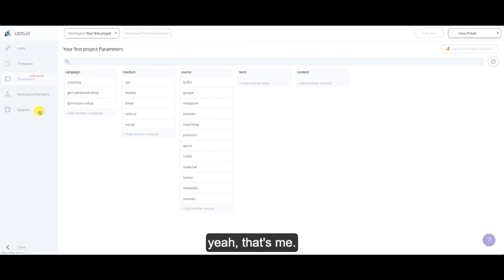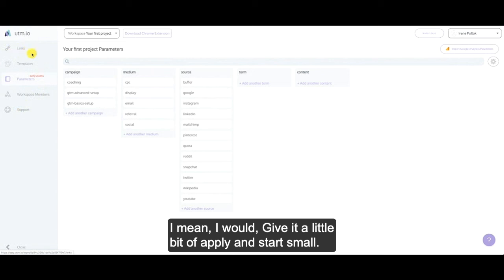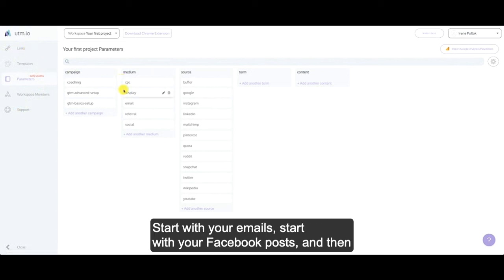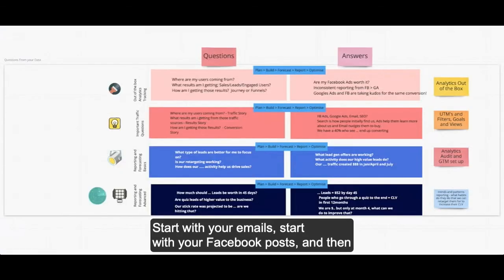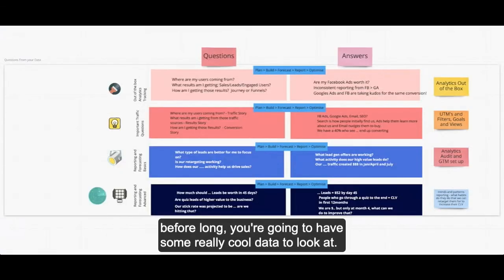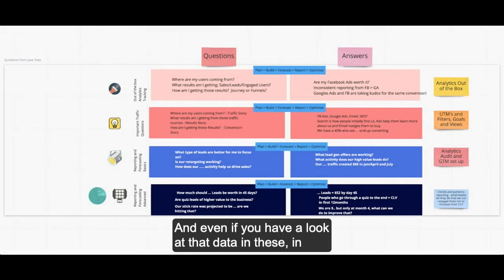So yeah, that's about it. I would give it a little bit of a play and start small. Start with your emails. Start with your Facebook posts. And then before long, you're going to have some really cool data to look at. And even if you have a look at that data in